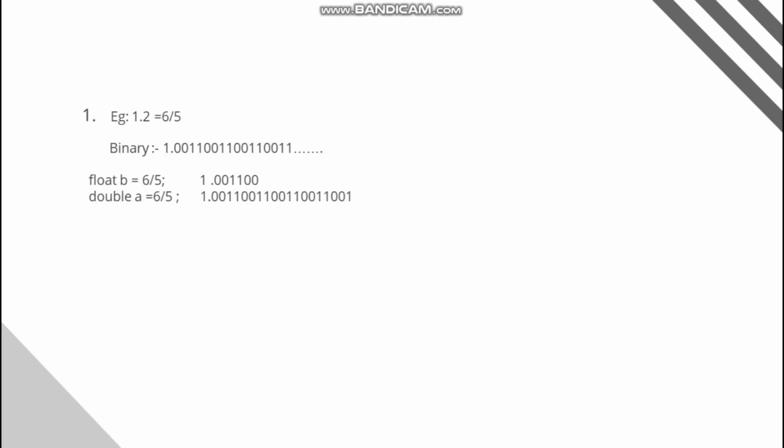Double is more precise when compared to float because it has more space and can store more bits. So, if you want to be more precise in storing your value, you have to use double, but it will be done at the cost of your memory. And if you want to be less precise in storing your floating value, you can use float variable.